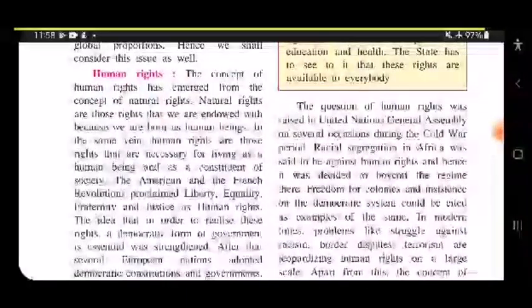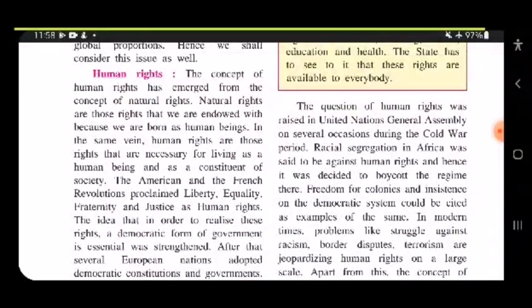So, the first problem we are going to learn is about human rights. Now, we have some rights that are the important rights. What are those? They are right to life, food, clothing, shelter, education, and health. These are all kinds of rights which everyone needs to have, whether rich or poor. So let's see